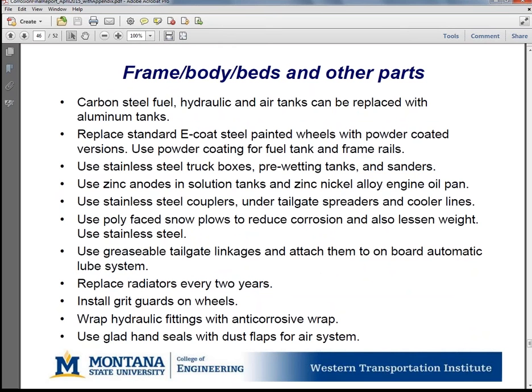For the frame, body, bed, and other parts, carbon steel fuel, hydraulic, and air tanks can be replaced with aluminum tanks. Replace standard E-coat steel-painted wheels with powder-coated versions. Use powder coating for fuel tank and frame rails. Use stainless steel truck boxes,